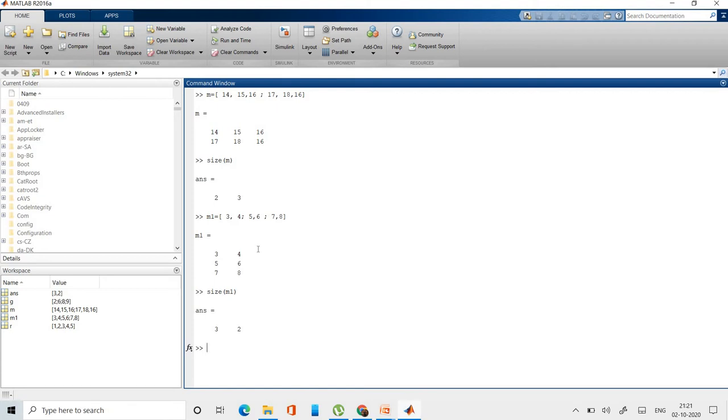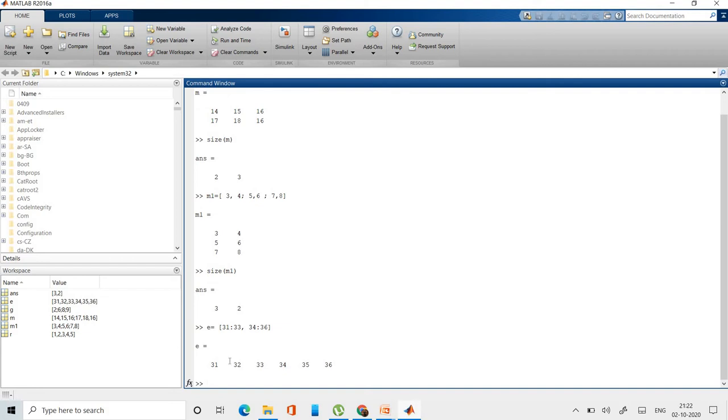So let's take some matrix as E is equal to, if you want to use 31:33 comma 34:36. So what it is doing, it is making 31, 32, 33, 34, 35 and 36, okay. So it is printing the number from 31 to 36, okay.